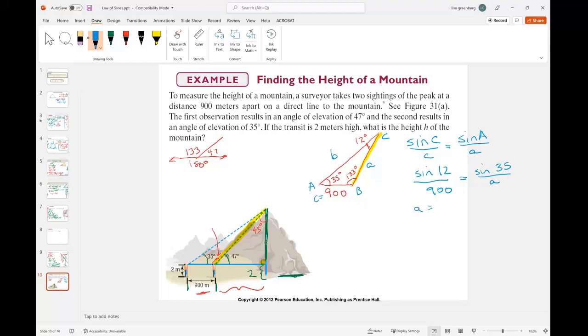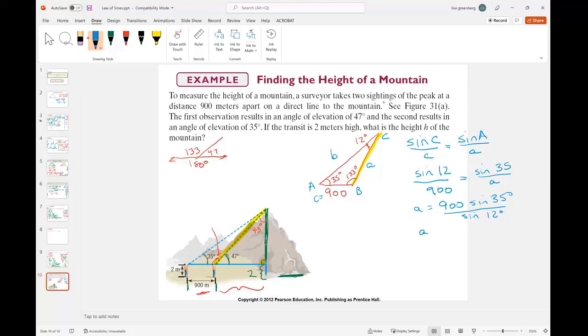So A here is going to equal 900 times the sine of 35 degrees divided by the sine of 12 degrees. And then we need our calculator. So sine of 35 times 900 divided by the sine of 12 equals,